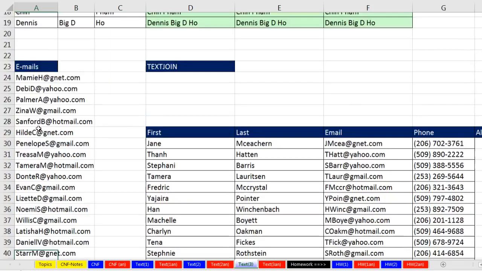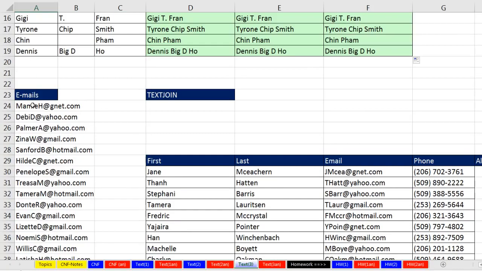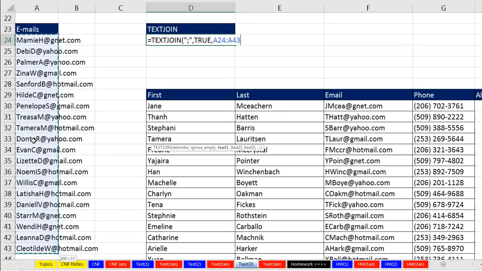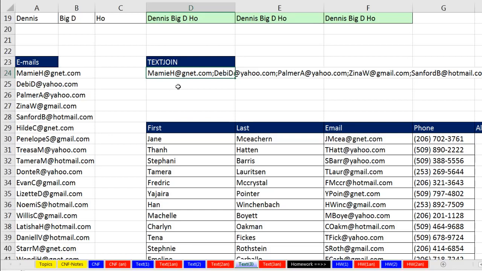Here's another example. Oftentimes, I get a list of emails, and I don't have a group over in Outlook, and I'm not doing mail merge. I simply want to use TEXTJOIN, and the delimiter in my email is a semicolon. So I'm going to, in double quotes, semicolon, comma. I don't have any blanks, but I'm still going to put TRUE, Tab, comma, and there's the entire list of emails. Close parentheses, Control Enter, and there it is. Each of the emails is separated by a semicolon,